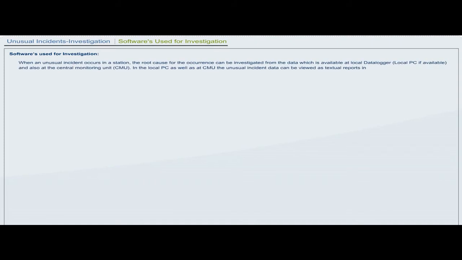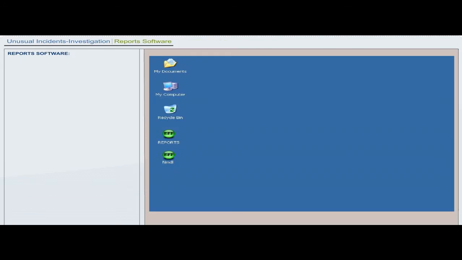Softwares used for investigation. When an unusual incident occurs in a station, the root cause for the occurrence can be investigated from the data which is available at the local data logger, local PC if available, and also at the Central Monitoring Unit, CMU. In the local PC as well as at CMU, the unusual incident data can be viewed as textual reports in Reports software, and with a graphical view of the station in Track offline simulation software. Reports software for selecting the database file,